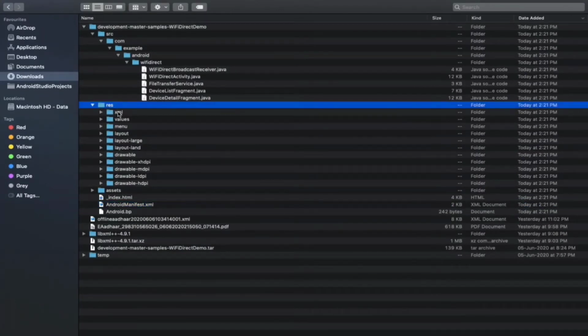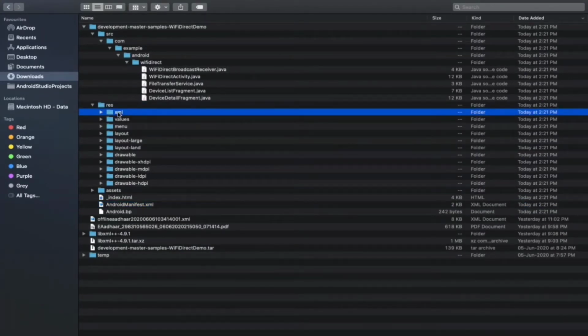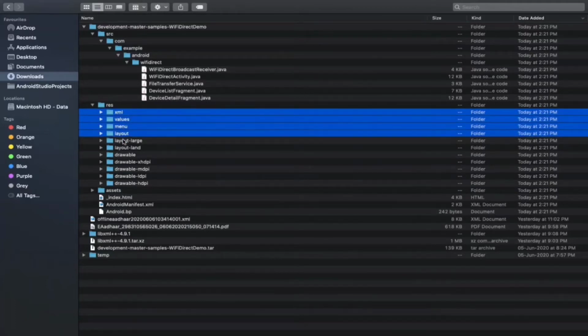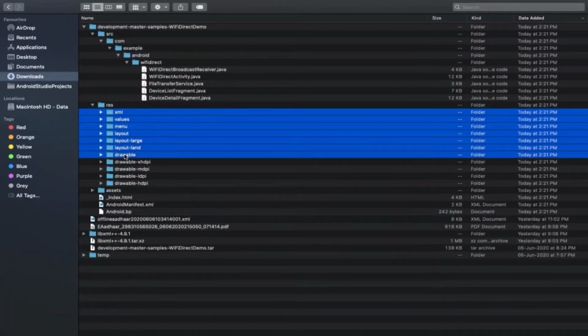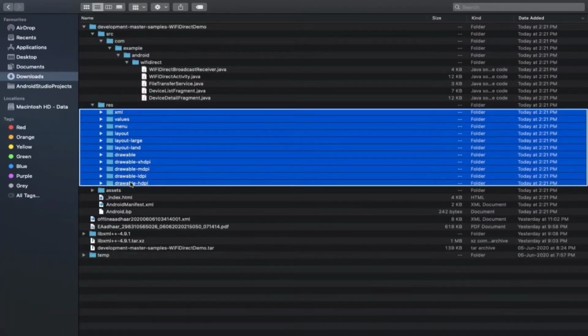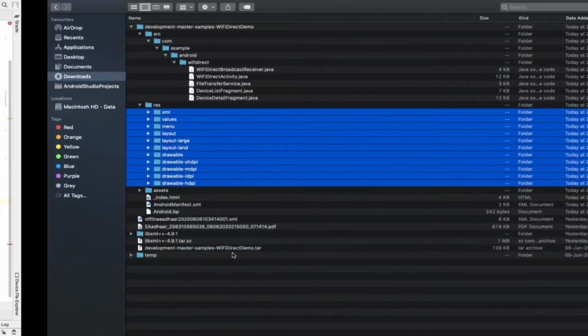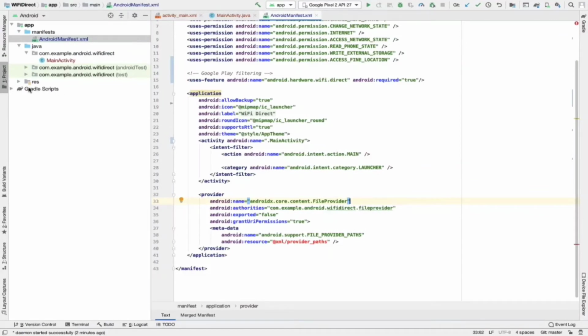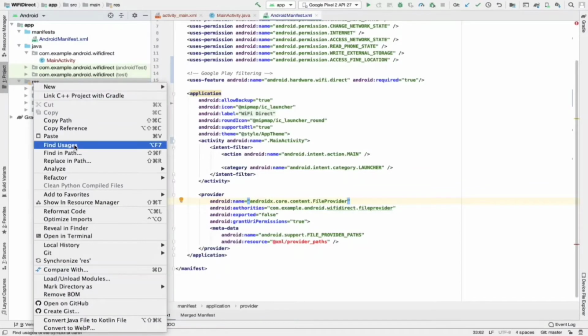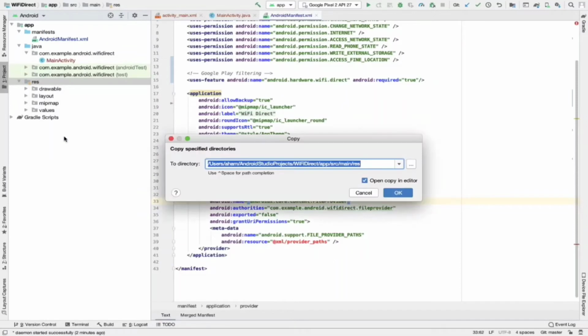Okay, this is res. Res means resource. Highlight all these items just as I have highlighted. Copy them. Then this is the resource folder. Click on the resource folder of your Android Studio project and paste it by right clicking on it. Once you paste,